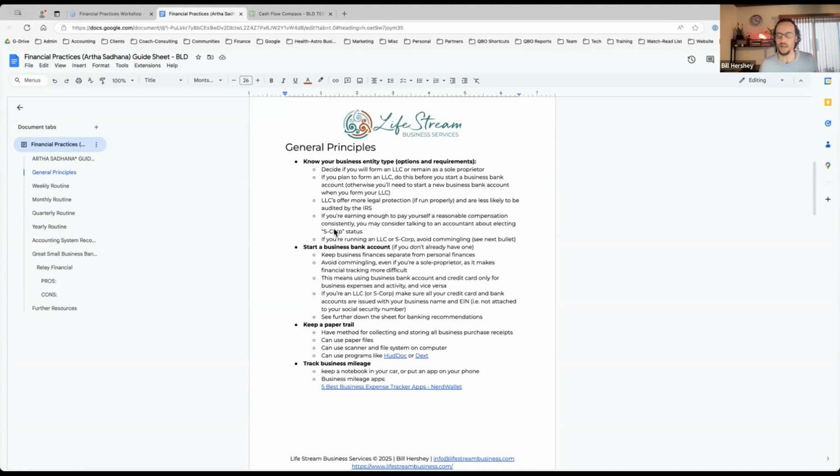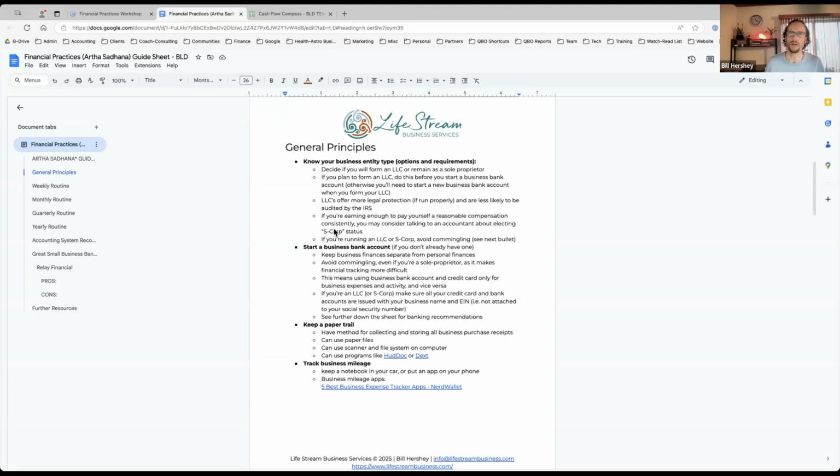And maybe you do already have a business bank account, but here's where it just takes a little bit of extra discipline and being careful and organized, of really only using your business bank account, really only using your business credit card when you're paying for business expenses, and only using those when you're actually bringing in money from clients or patients. So that means we don't want to use our personal credit card.